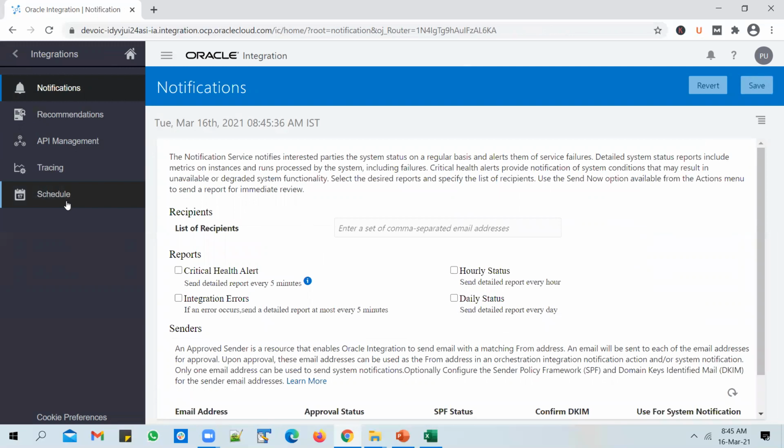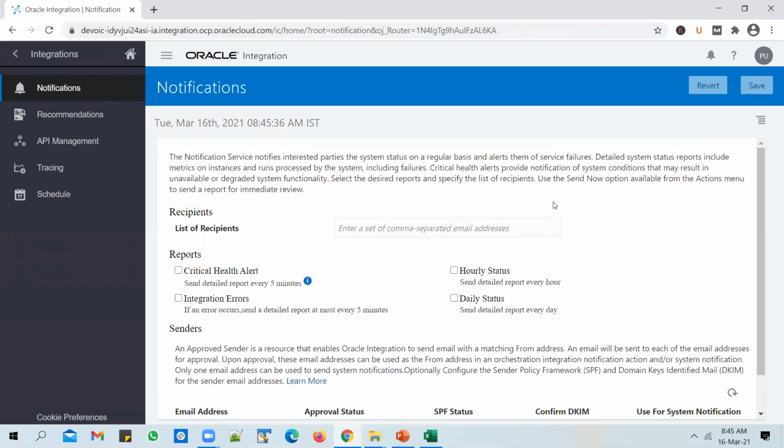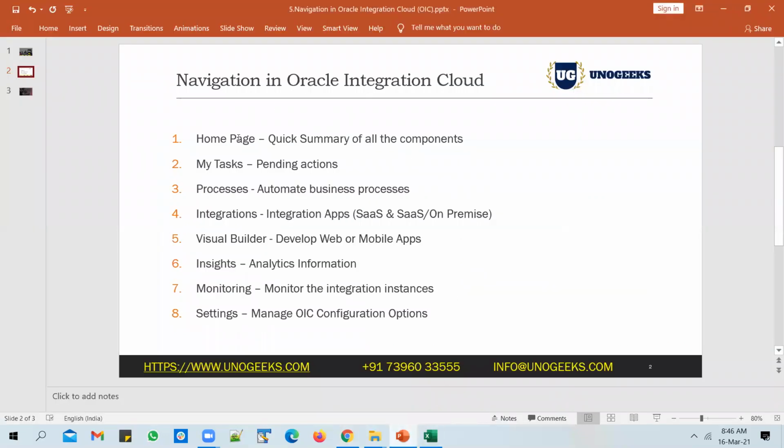Like you can schedule them, and you can also set up notifications when something goes wrong in the OIC instance. As far as the background servers are concerned, who should receive email and when should they receive email? Is it on an hourly basis or on a daily basis? So such things you can set up in the settings option. Okay. So this is all about navigation in Oracle Integration Cloud, guys.